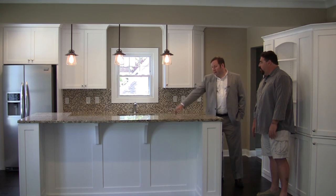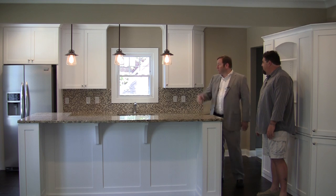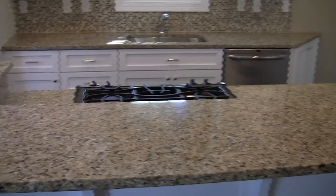And we've got granite countertops everywhere. Custom made Amish cabinets, shaker style doors, 42-inch high uppers, crown around the top. Frigidaire Gallery series, stainless steel appliances, and that kind of tops it all off. But I really think that this is the centerpiece right here. This is where everybody's going to stand around. This is the best place to be,